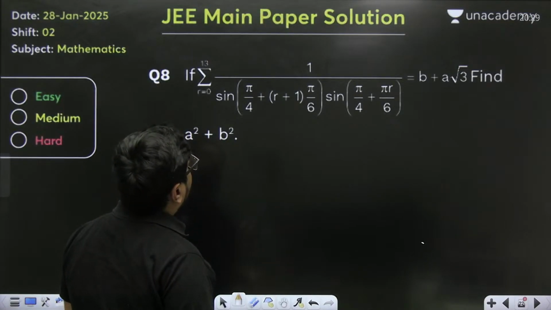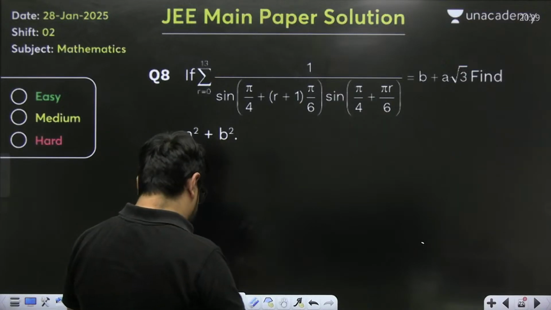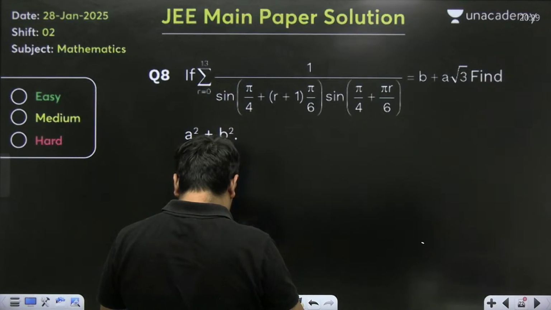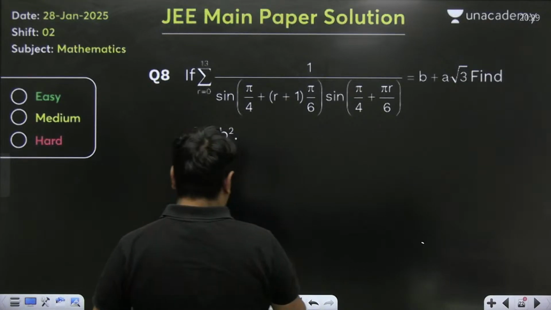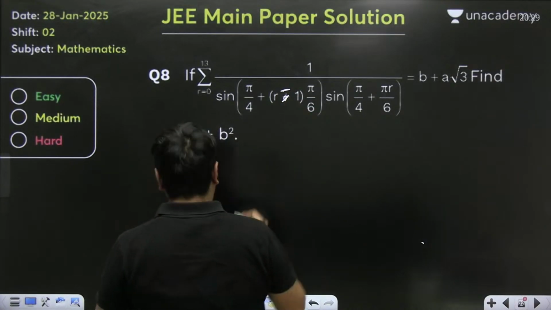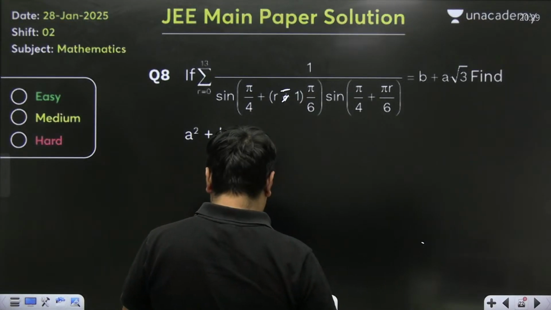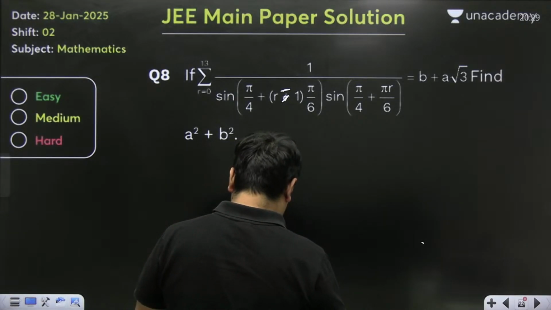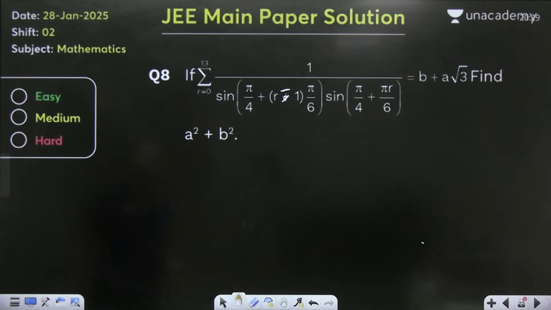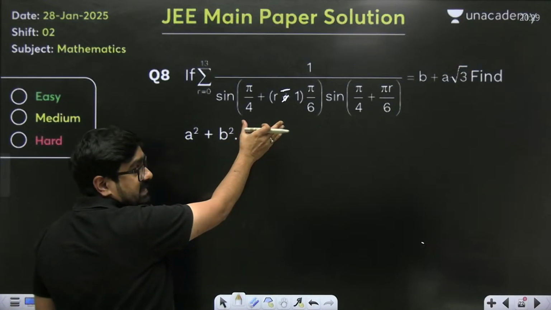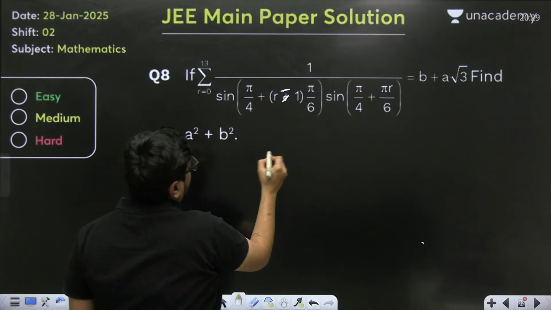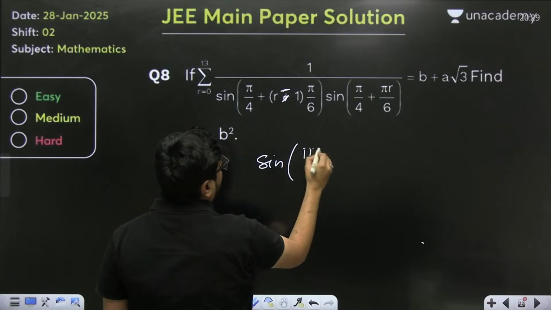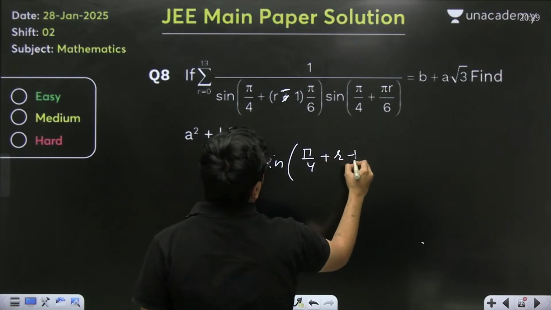Pi by 4, there should be pi minus pi by 6, no? Just a minute. This should be minus 1, this should be minus 1 pi by 6. And yeah, there it should be r pi by 6. Okay. Now it's correct. Now looks correct. Okay, something like this. So here, if this is there, then only it is possible, because in the numerator, if you look at this exact thing carefully, you can write it as sine of pi by 4 plus r minus 1 pi by